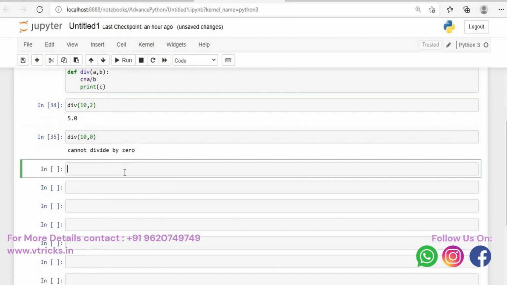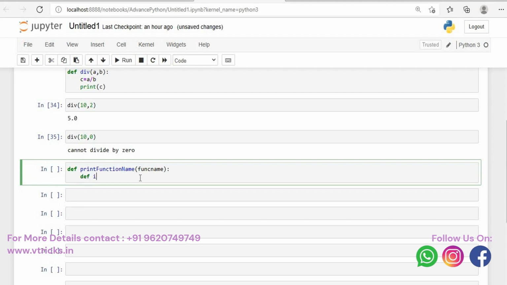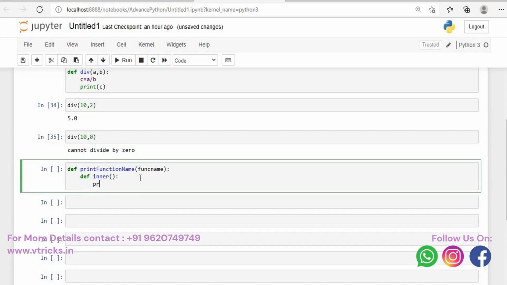Let's take one more example, okay? Let me say that I write here def print_function_name, something like this. This is one more example for you to understand decorators better. Then here I accept something called func name. Then here I write def inner. It's an inner function. I'm just writing the inner function here. Then I say print the function which is getting executed now is